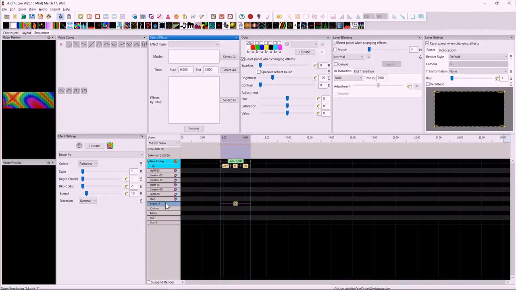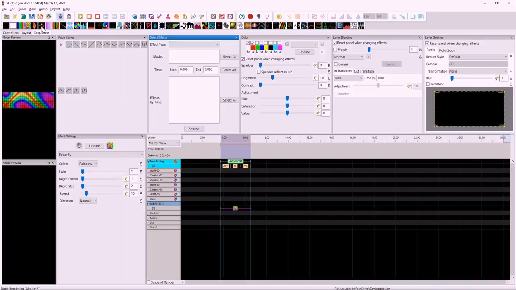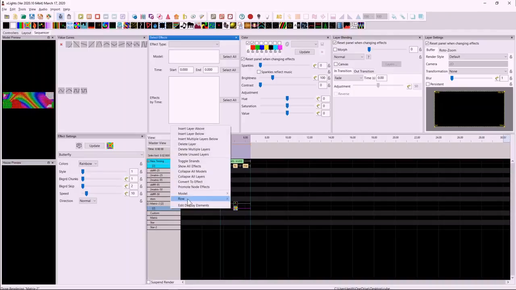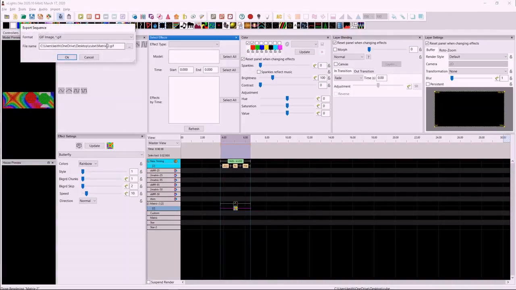Now, if I had multiple effects here, if I insert a layer above, and I don't know, let's throw down a balls. Always looks awful. I don't know, let's add a bunch of multicolored balls. If I come back to this butterfly effect and come over and do model, render and export the selected effects, let's call this one 2B,